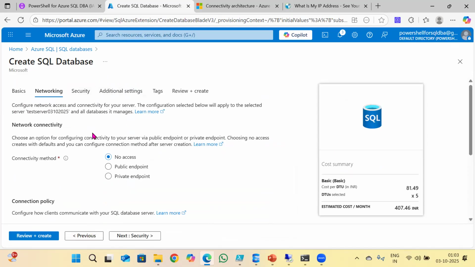And coming to the next, networking. This is very important, guys. Once you go with the networking, there is no concept of a VNet, virtual area network. But here they have given a few connectivity methods: no access, public endpoint, or private endpoint. It means how you want to connect with